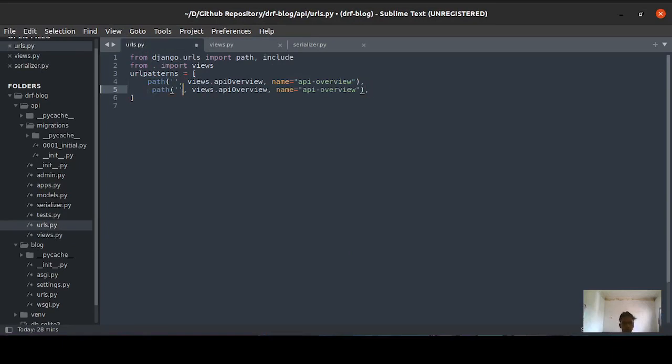Let's call it blog list, and you need to specify the view as well. So let's call it blog list view, and name it blog list. So we are done.